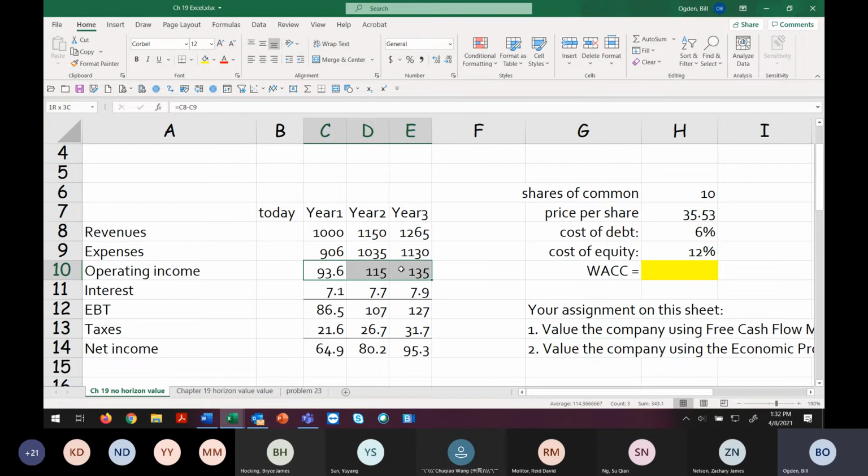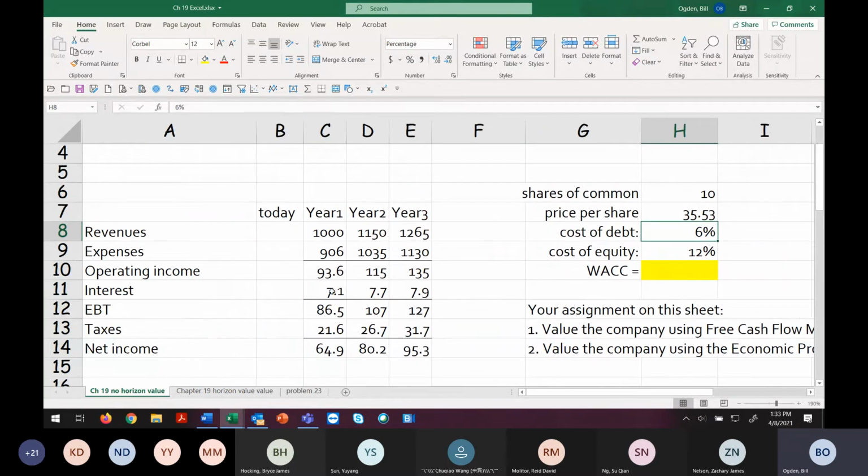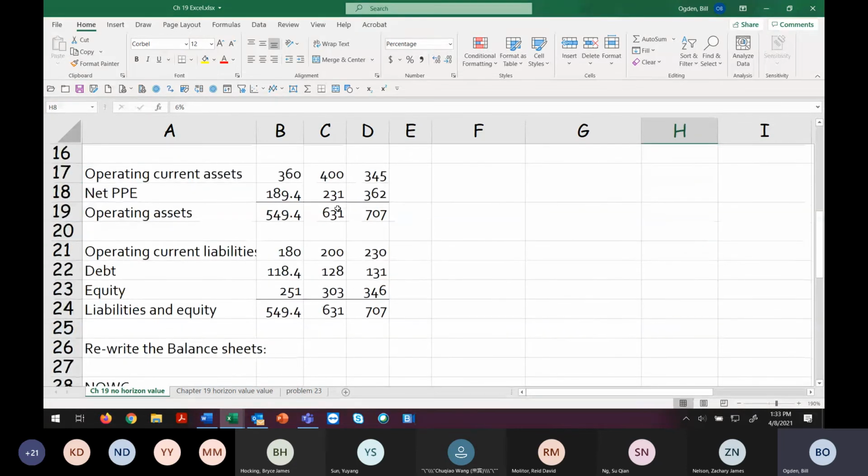This one is okay. Even if this one isn't exactly right, it will work. This one will not. So let's do this. You see over here, I've given you the cost of debt is 6%, right? The way we will calculate the interest is to take the cost of debt times the beginning of the year debt. So we're going to take 6% times, and you can see on the